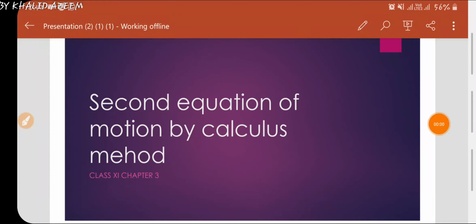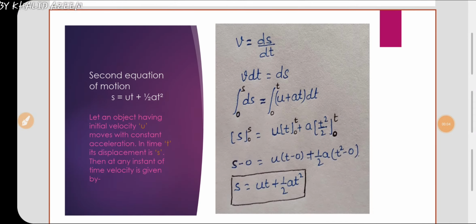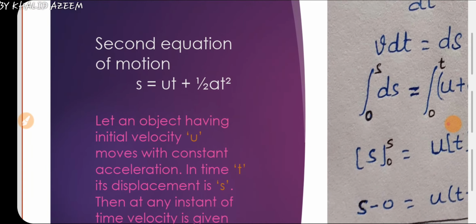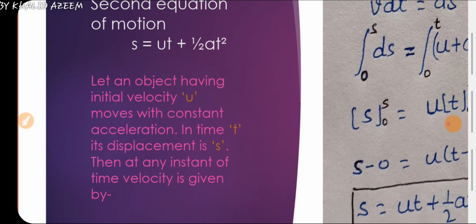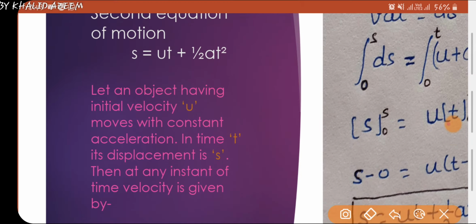Students, I am going to discuss the second equation of motion by the calculus method. The second equation of motion is s equals ut plus half at square. To derive this equation, we have to create a situation. Let an object having initial velocity u move with constant acceleration. Constant acceleration means acceleration is not changing, and in time t its displacement is s, or we can say that